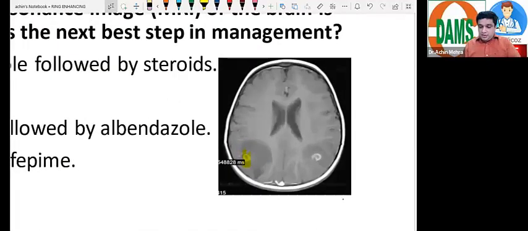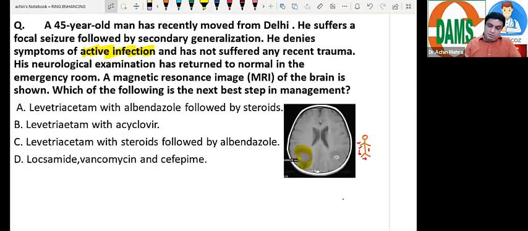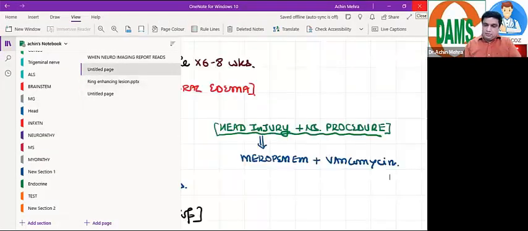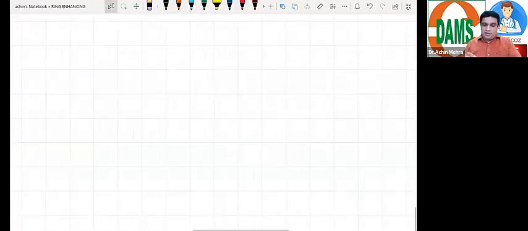A ring enhancing lesion with significant cerebral edema around it. That's why possibly the patient started with a focal seizure, and then the seizures went everywhere because of the cerebral edema. Now, what should be the next step in managing this patient? Firstly, what should you think about in such a case? We should think about our endemic friend, especially in North India, and even all across the country now we find it,